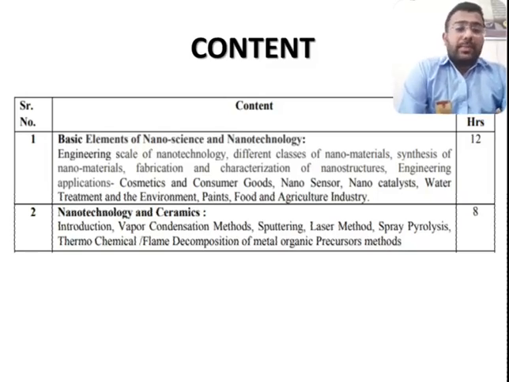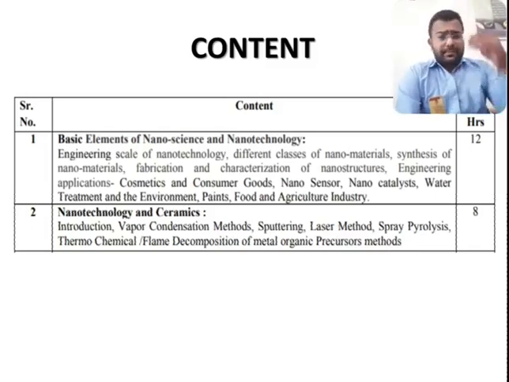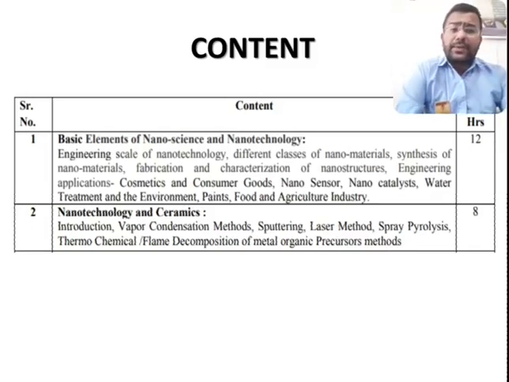So in this topic we will learn the various types of nanomaterial and nanomaterial synthesis, which is used for fabrication, cosmetics, heat treatment process and water treatment process. Nanomaterial is generally used in agriculture, paints and food also. So we will see applications of nanomaterial and nanotechnology for various areas and various products, right? So we will learn the basic elements used for nanoscience and technology in our first unit.